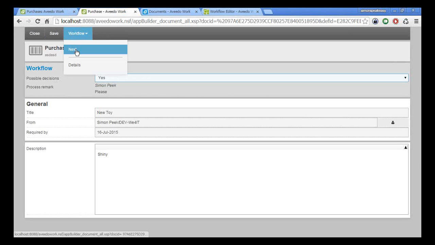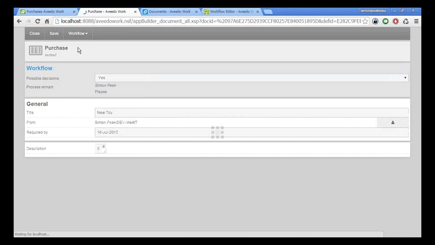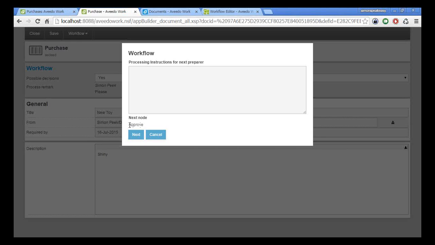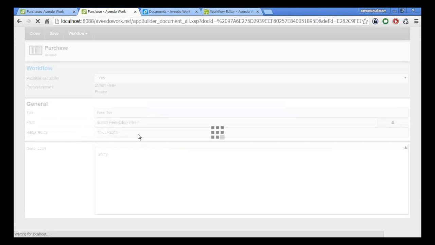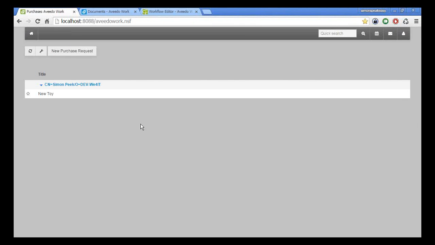and click on next. And this will show that this workflow is complete. And the next node is the approve node, which is actually an end node. So little note to the requester, go for it, next, and that's done. The process is now complete. Well, okay, so that this works basically, but it's not very